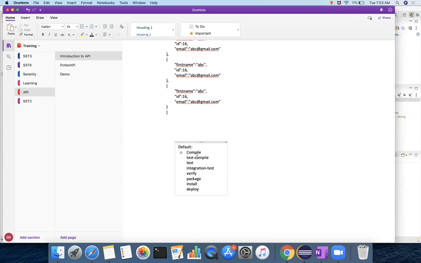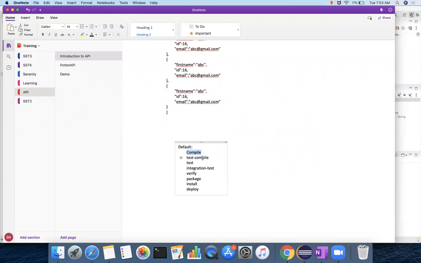Now, when the compile phase is executing, there are three goals, or phases, you have, which is clean. It will delete the target folder. Compile compiles the code, so your Java code will be compiled, and then test compile will compile your test code. Src test java is there, right? That code will be compiled, and the test will be executed.